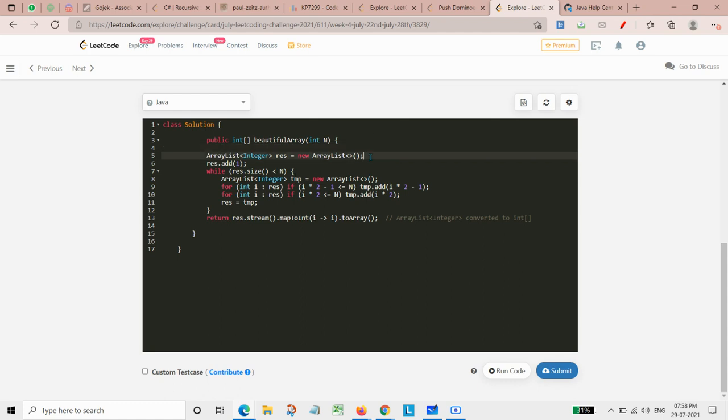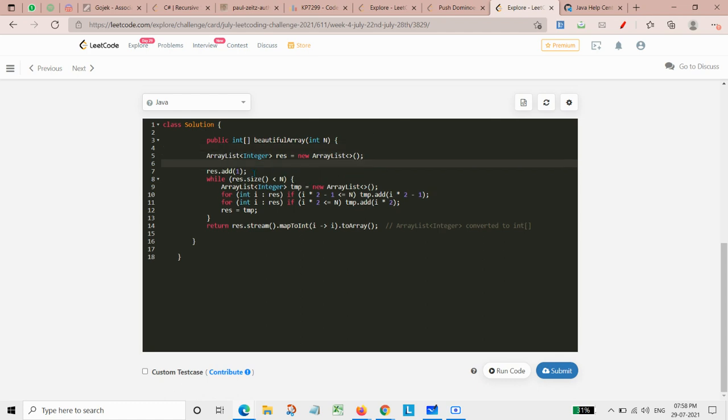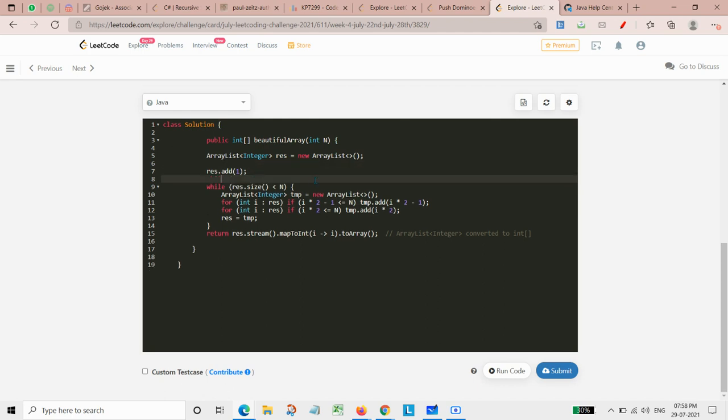So we would be initializing it here, and after that we will simply add, the way we simply push back into a vector. Here we add that one into the result, and after that we do the same steps again, that we need to run a loop whose size would be less than n,